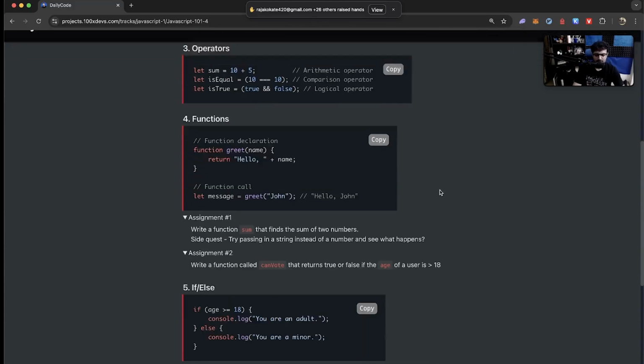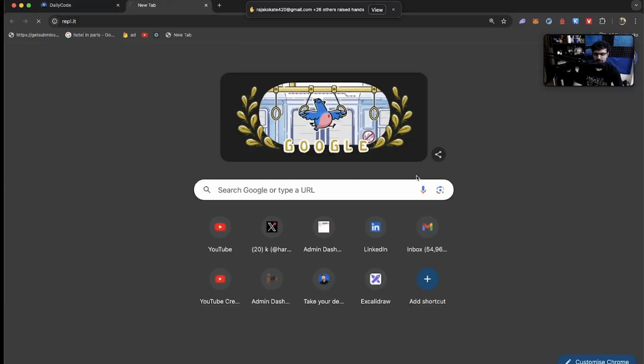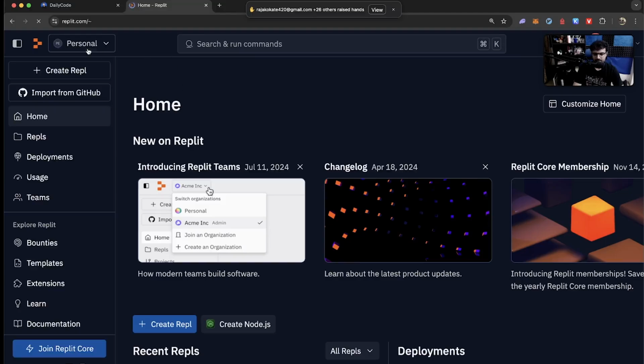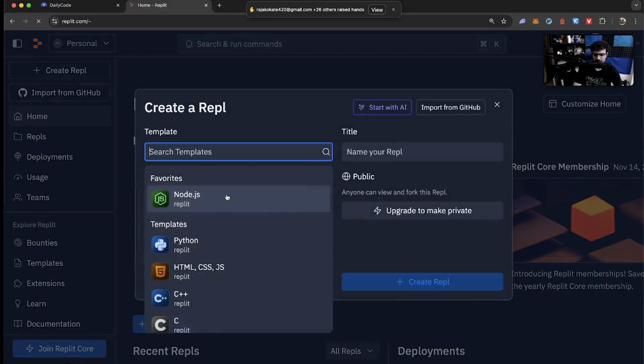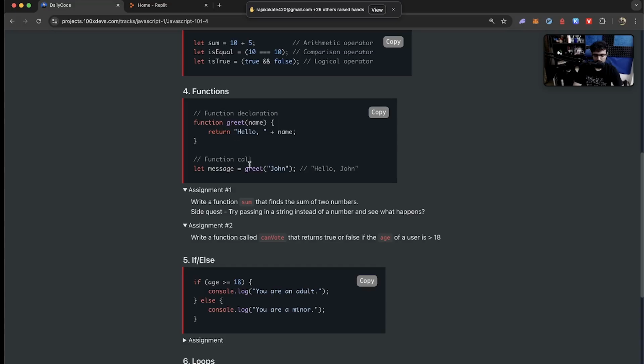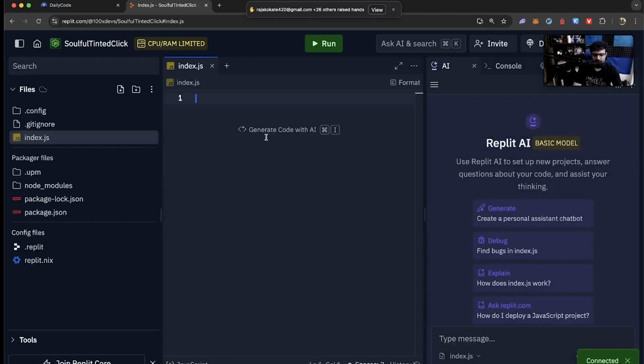Cool. So assignment number 2 was, let me quickly open Replit. Node.js. Write a function called can vote that returns true or false if the age of a user is greater than 18. So I have to define a function called can vote.